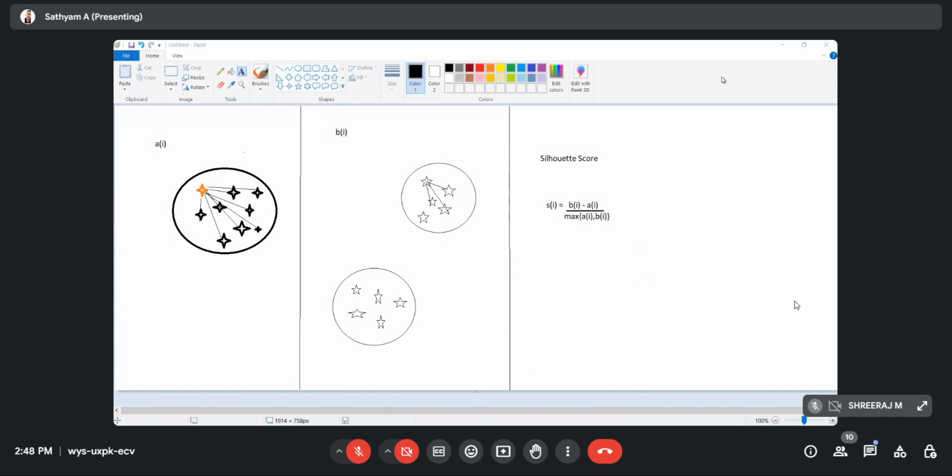Now, basically, this is the formula of silhouette score. S of I is equal to B of I minus A of I divided by max of A of I comma B of I. Now what is A of I and what is B of I? So A of I is basically,